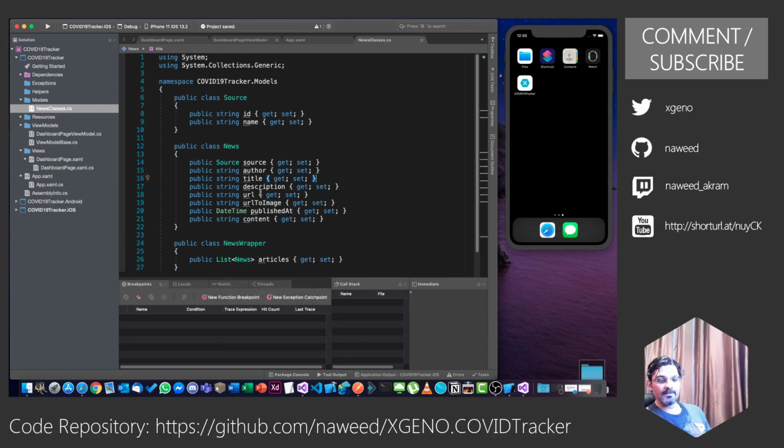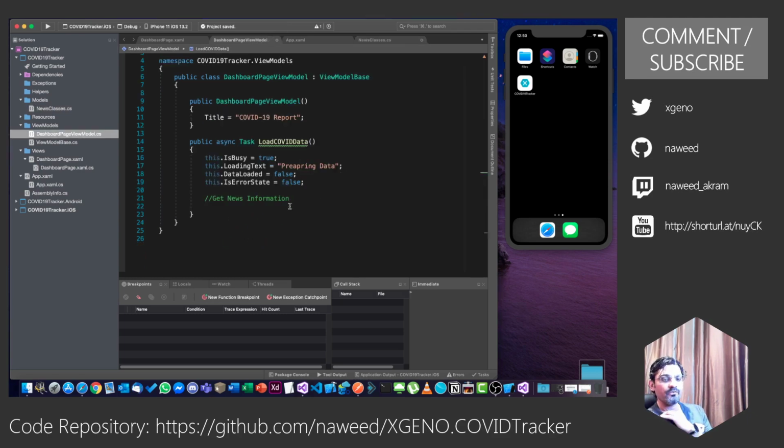And this is my class. Now once we have this data model ready, we can actually make an internet API call to fetch this news and store it as a list. The way we are going to do this, we are going to make use of the HTTP client. We can create an instance of the HTTP client. If it requires passing in any API keys, etc., we can do that. We can let it know which format it is, JSON or XML, how to convert it back.